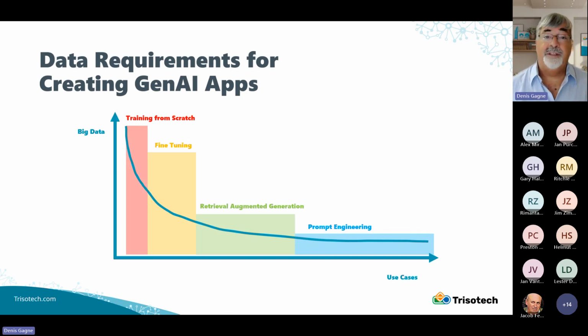So let's talk about data requirements. If you're going to create a generative AI app or apps, you have to be aware of your data requirements. Now, if you're going to train your own model from scratch, it's going to require an amazing amount of data, and it's probably data that you don't have. So if I'm a business and I want to train my model on doing a particular thing regarding my invoices, you don't need just a few invoices. You need millions of invoices to actually train a foundation model yourself.